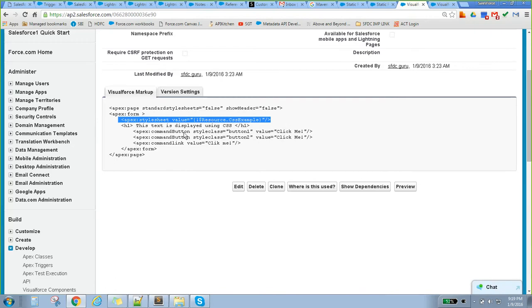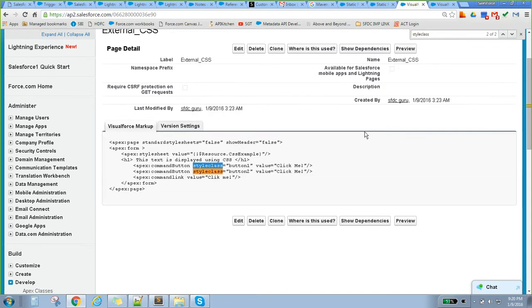I am using that particular CSS here, something called styleClass. There I am referring to their CSS. So you are giving that button a different styling using CSS, that's why you are referring here. StyleClass is nothing but one of the attributes to apply the styles.